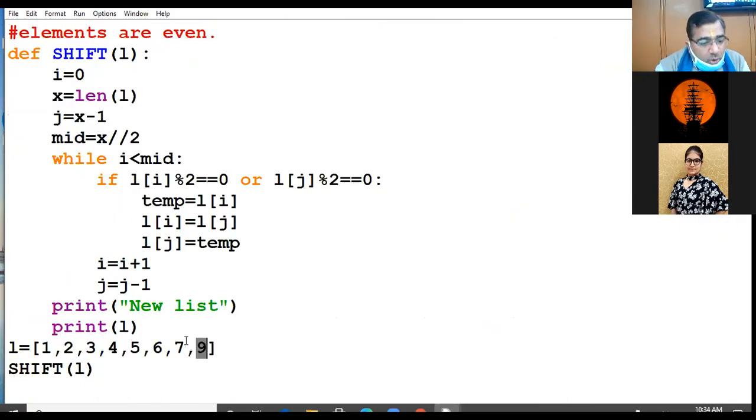Let us make one more pair which is totally odd. 1, 2, 3, 4, 5, 11. Now which two values are still the same? One is 1 and 9, they will remain where they are, and the others are 3 and 11.